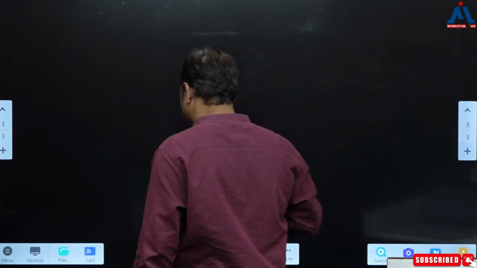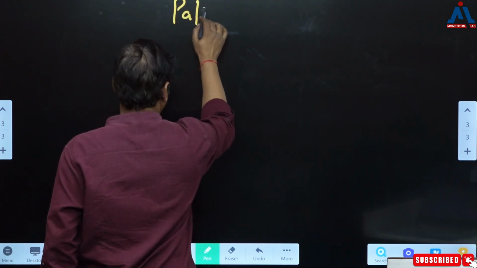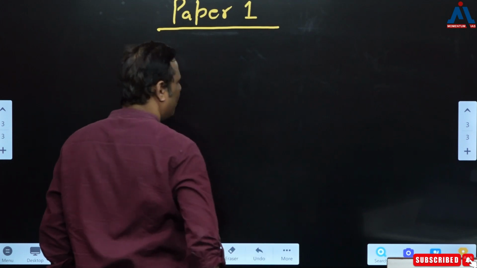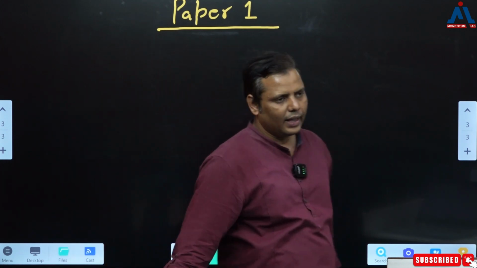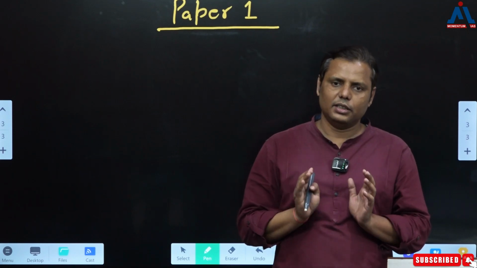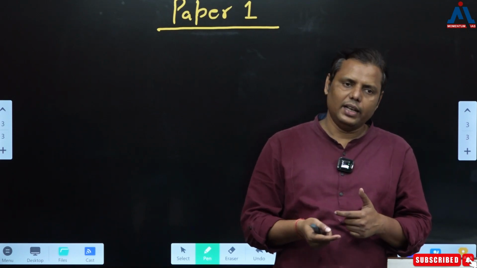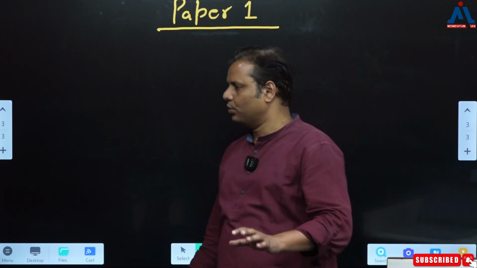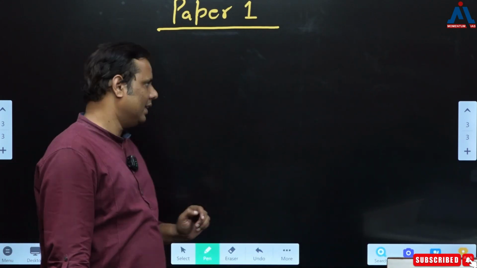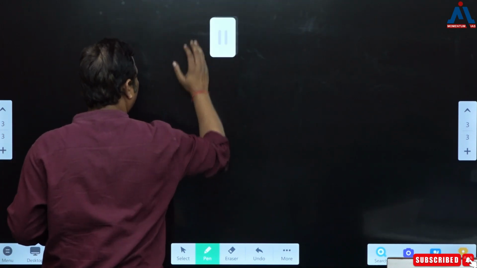Now moving to the second thing. Now we are going to start with paper 1, correct? I would like to first discuss how we are going to proceed in this particular course, so that you have clarity about what exactly we are going to do. As I told you, there are certain requirements and we have to cater those requirements, correct? And this is not precisely for paper 1; in fact we are going to apply this